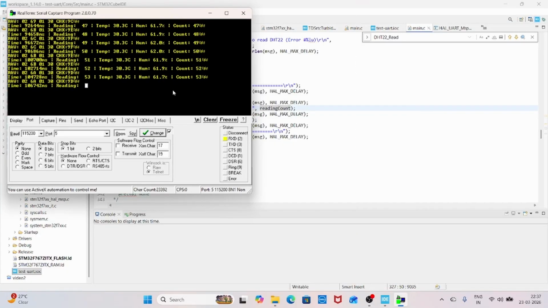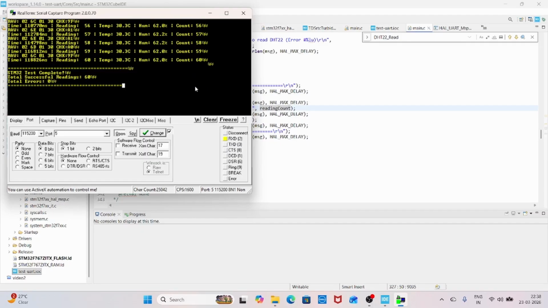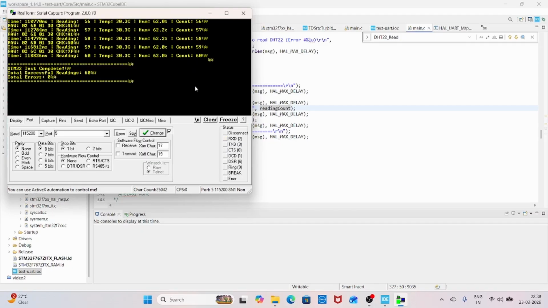Now this is count number 53. You can see the temperature is 30 degrees centigrade and humidity is 61.7%. It is changing, but not much; it is changing within limits. Now 58, 59, and 60. So we ran this experiment for 2 minutes, and you can see the final total of successful readings is 60. Basically, it's a simple experiment where we have interfaced the DHT22 with this Nucleo 144 board,